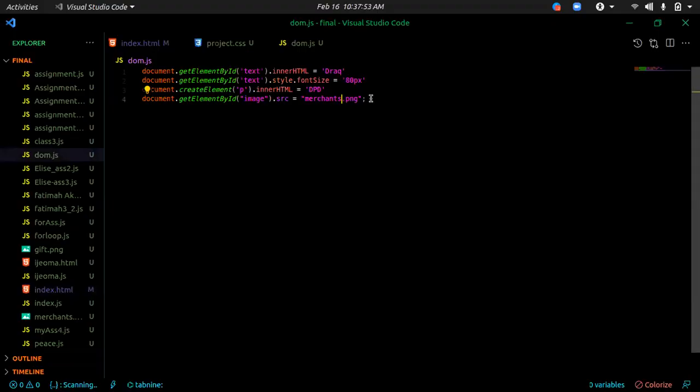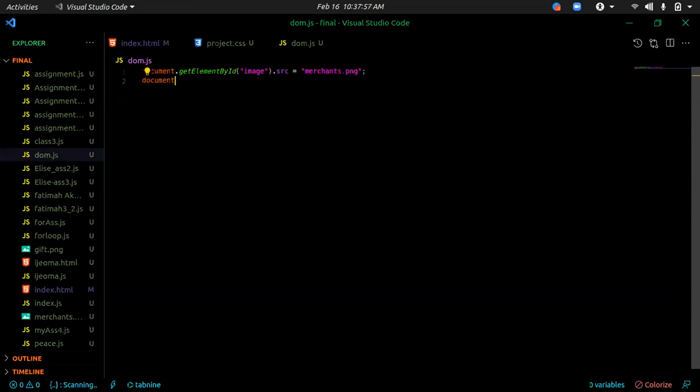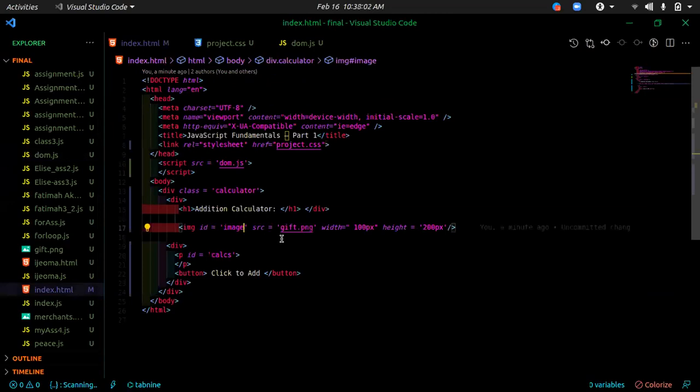And that should change actually. Then why is it not? The ID of image. I don't know, and I have to probably figure this out. This should actually change. So let's say we have a gifts.png and